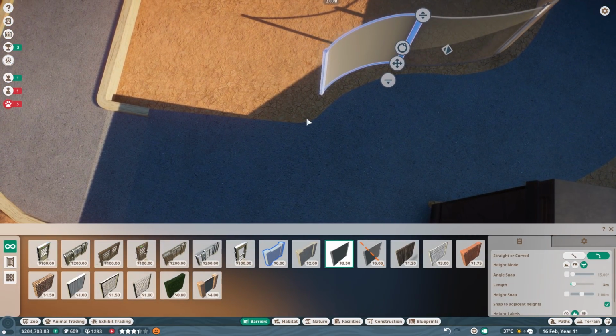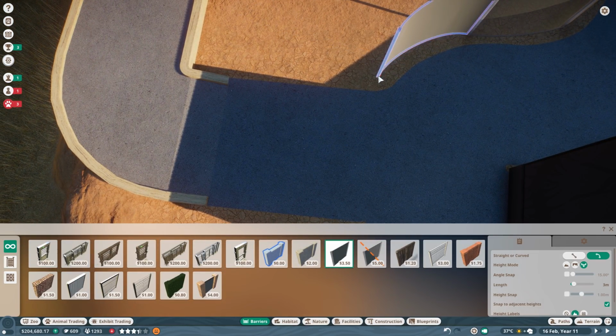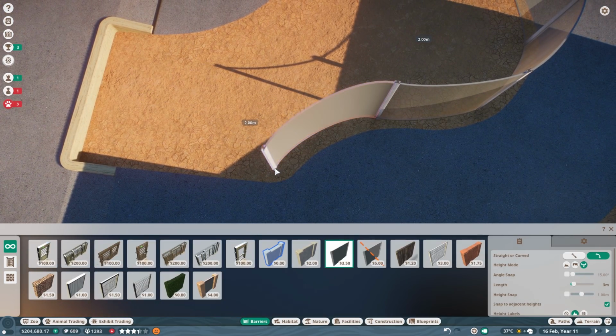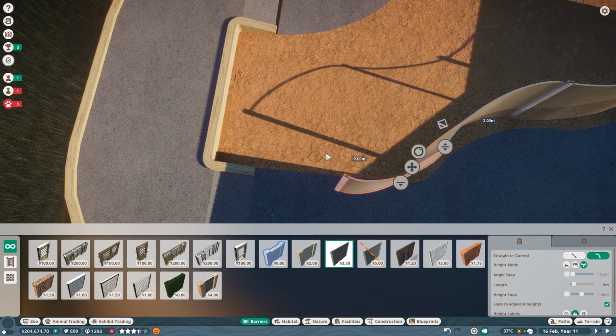Can I? I think I can by just putting that over. There you go. No, no, no, no, no, no. Just go here. Nice. And then we're just going...